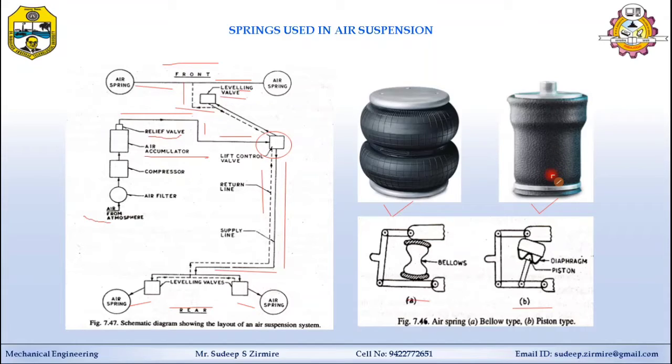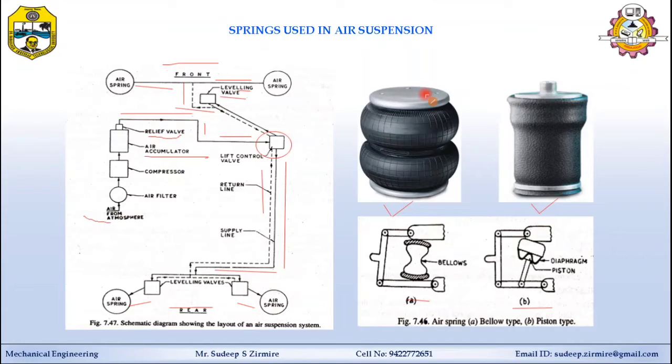So air spring has advantages over the other types of suspension system. First, it maintains the constant frame height from the road surface. Generally you can see the luxury buses having the air suspension. It is electronically controlled, giving more comfort. Generally used for night driving for the passengers, so passengers can take a sound sleep inside the luxury bus. Second, the stiffness of the system is increased with increase in deflection.